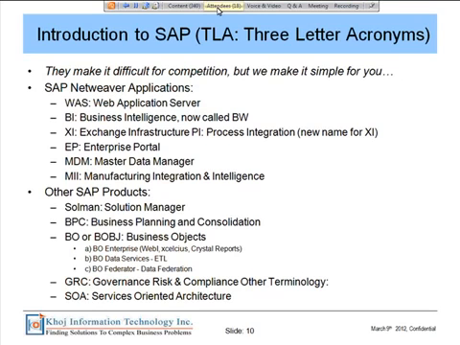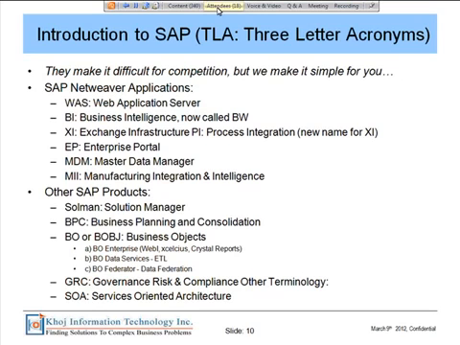So you've got Web Application Server, which is the most inherent of all capabilities. It's called WAS, Web Application Server. So inherent in the NetWeaver application stack is a Web Application Server. It's got Business Intelligence. It's got XI, Exchange Infrastructure, new name being PI, Process Integration.